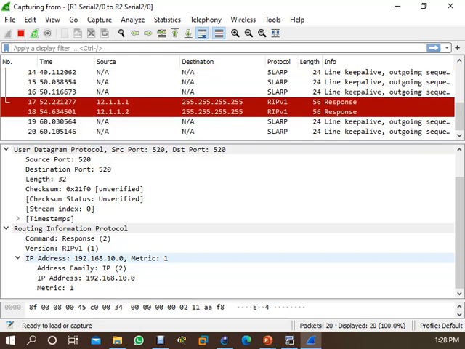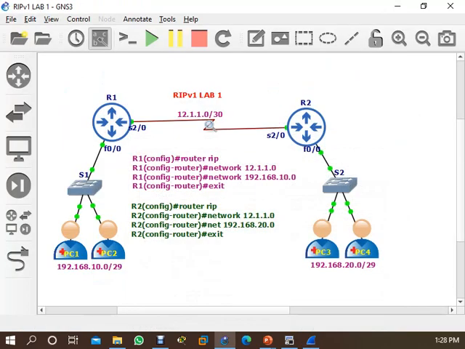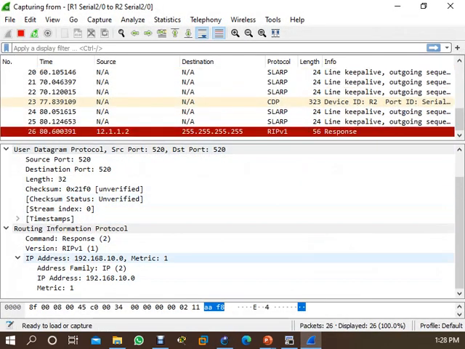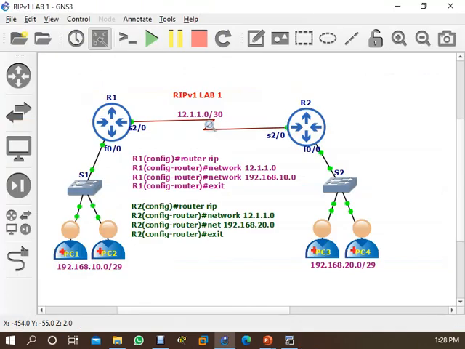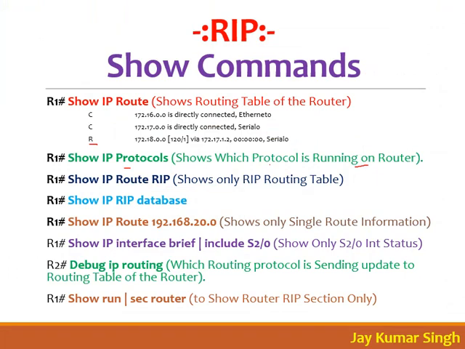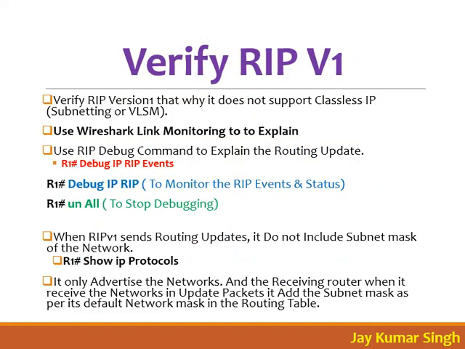So he is sending the update 10.0.0.0, so you can read the link. See here we are able to see, that's why we are understanding, right? But in a real network, you have a link, so you just right click on the link, and with the help of this you can see what is traveling in that link. Okay, normally you cannot get it like that. Now we have seen how to monitor and verify RIP 1.